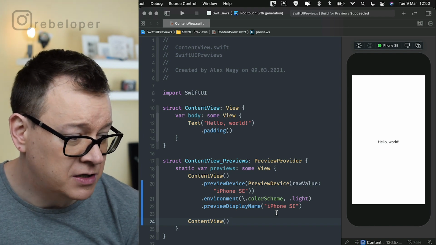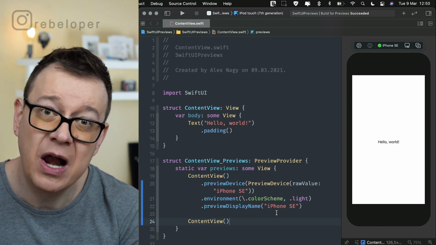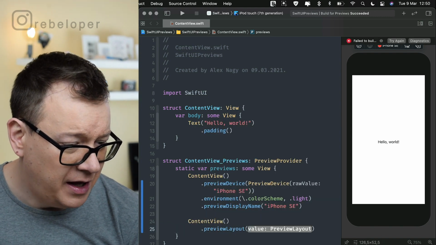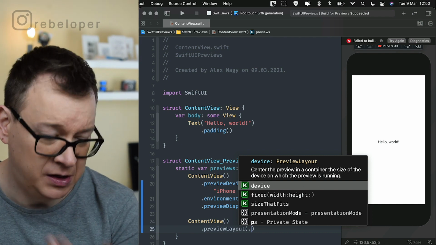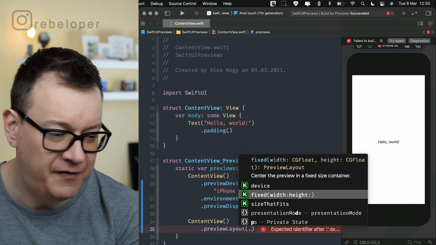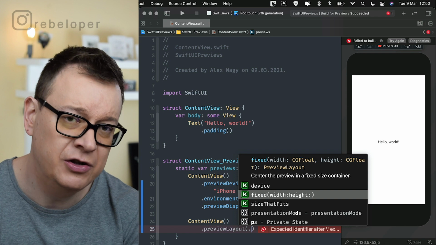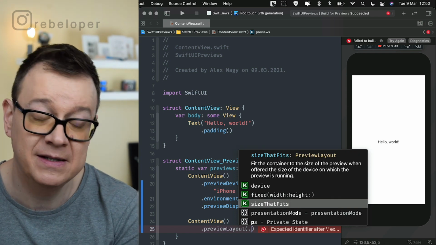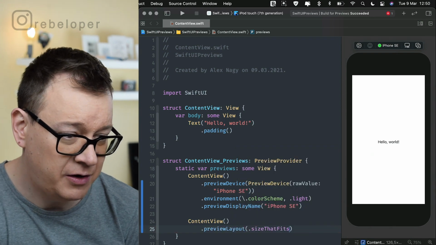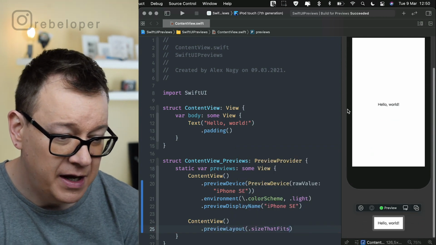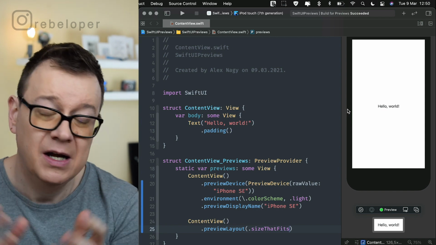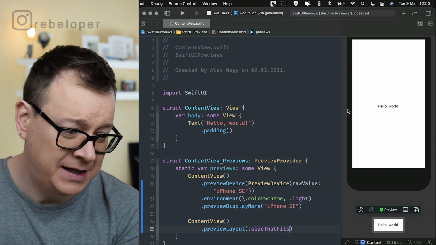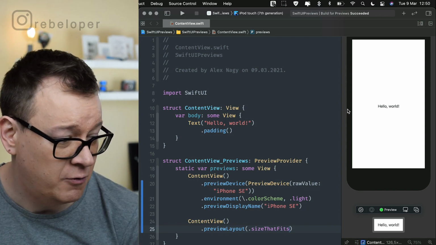And for that, we just want to set its previewLayout. So let's go previewLayout, and we can go with the device. So we can set a device fixed. We are going to tackle that later on, but in our case we want to use sizeThatFits, and that's the first and last one. Okay, sizeThatFits. Let's scroll down, and there we go. We just have our Hello World text with our padding,